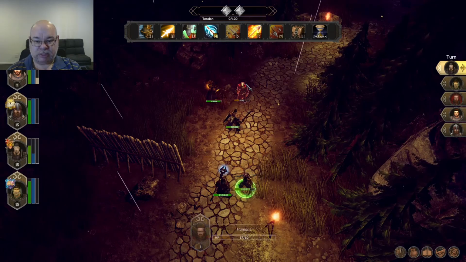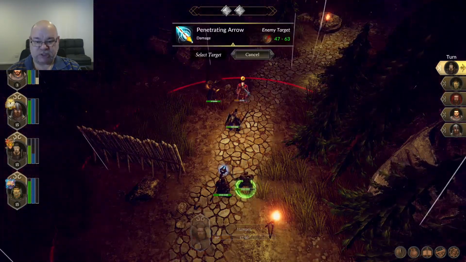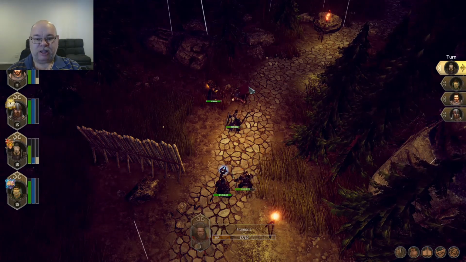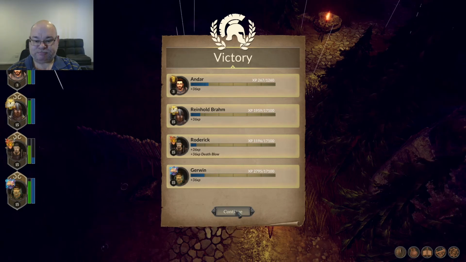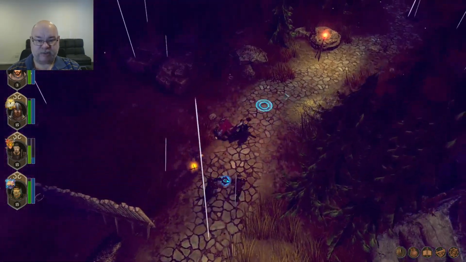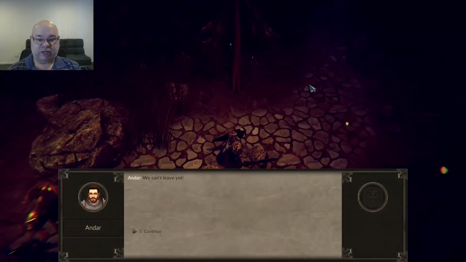He is probably, because he's a mage, going to have a little bit of resistance to a lot of magical stuff. So if I use the penetrating arrow rather than the fire arrow, I'm liable to do more damage to him. I could have experimented with that to see whether the fire arrow did less damage, but I don't know what the normal...